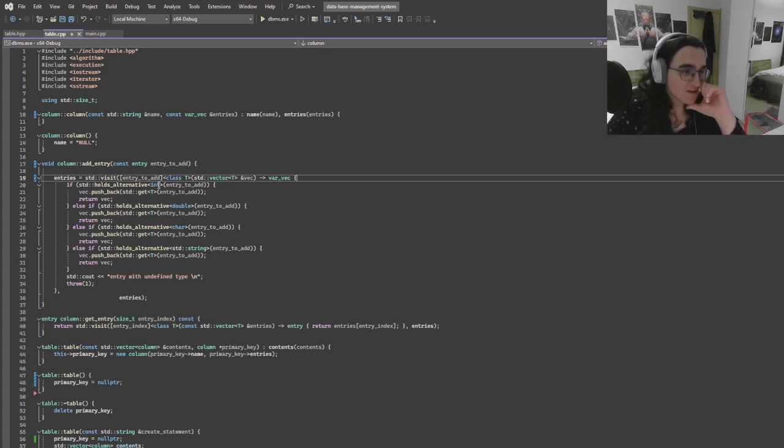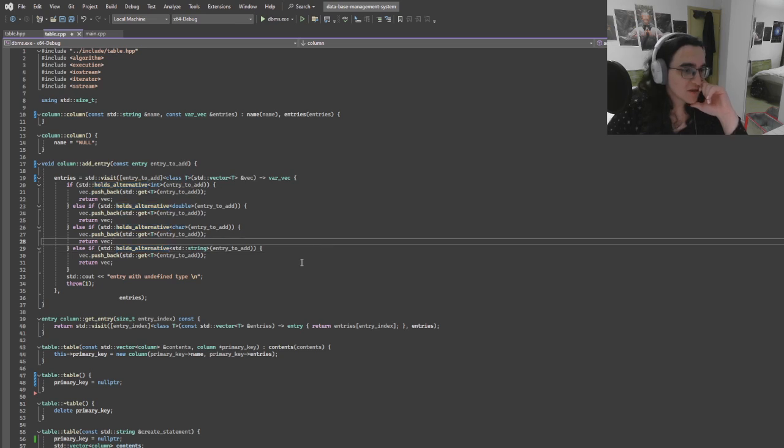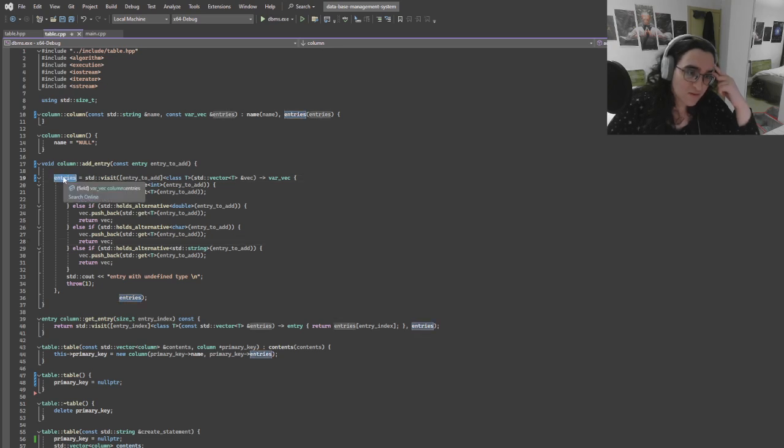So yeah, I still have to check because I want to only do it once, but I can't outside of the visit because a variant of vectors is not a vector. It's a variant of vectors. So basically, yeah, I have to jump through this whole loop, and I have to return something here because